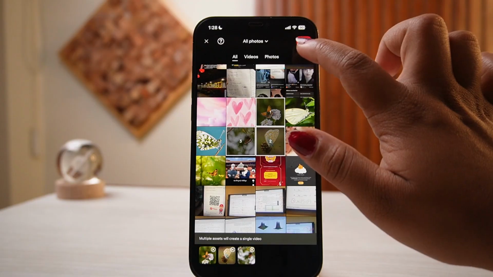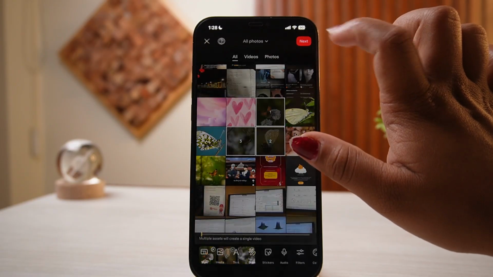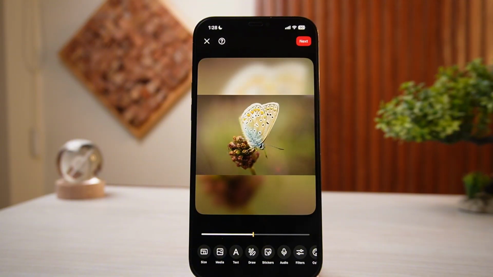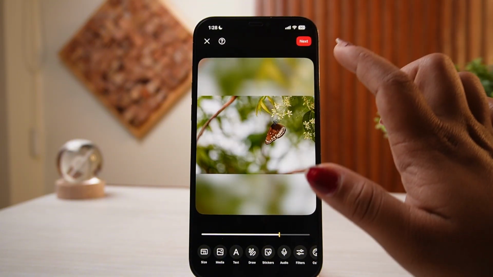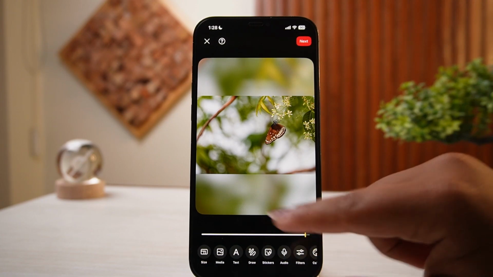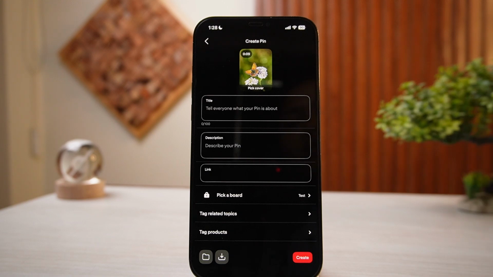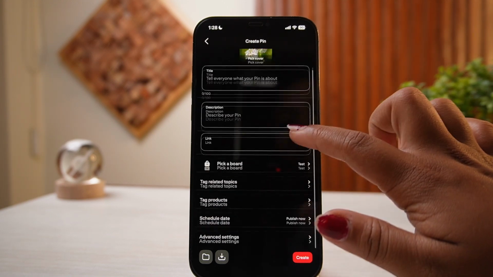I'm going to select a few photos, then tap on next just like that, and in here you can see you'll be able to now create your pin. Now tap on next. So before doing that, you can now edit however you want to your pin, then tap on next. After doing that, you can now give the title to your pin, add descriptions to it, add link,